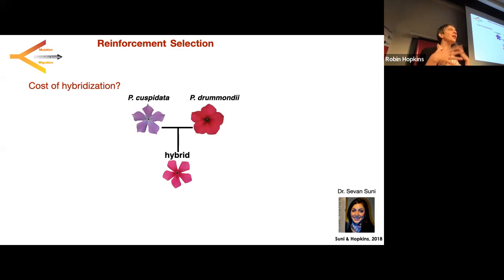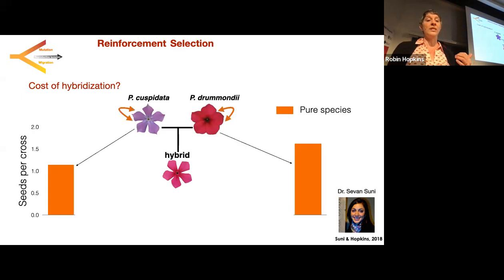So we pretty quickly realized that this ecological selection against the hybrid was not going to be strong. And instead, we started to look at fertility of these hybrids. What Sevan did at that point was characterize the seed set. When you take the parents and cross them to the other parental species, these plants are a pain in the neck. They get about 1 to 2 seeds per cross. So you do a lot of crosses and you see that there's successful fertility and seed set.